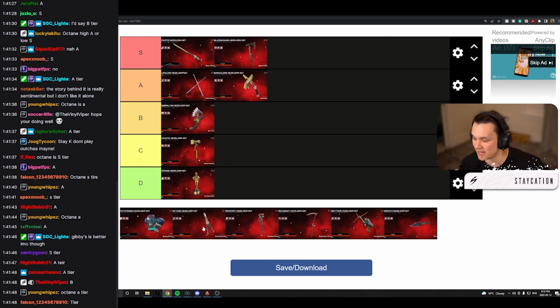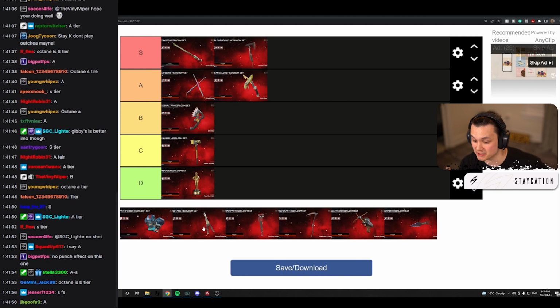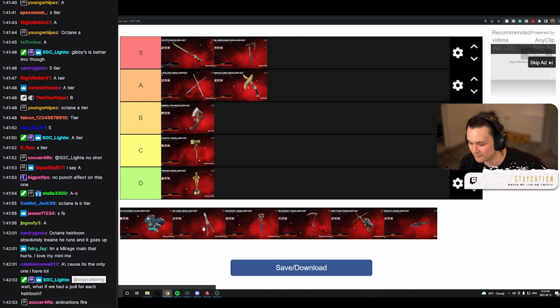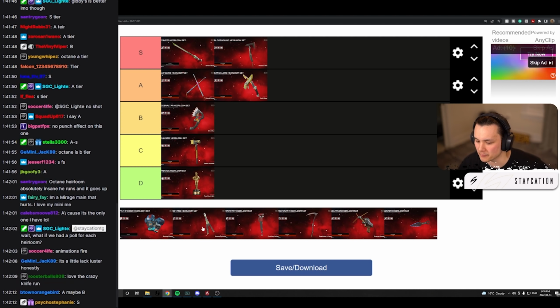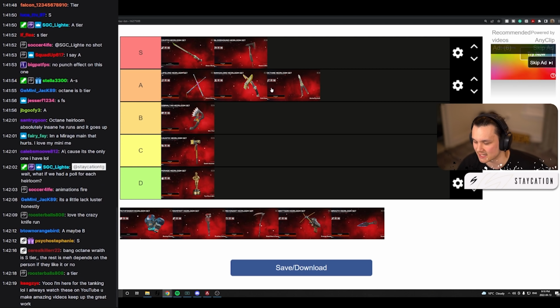I want to put it in S tier, but I just think aesthetically it lacks. It's really small. Honestly, it doesn't look that crazy in game. You've got the tiny bit of Octane juice in it. But I feel like if you get Octane's heirloom, it's either because you main Octane or you're doing it for the animations. That's it. I'm going to put it in A tier